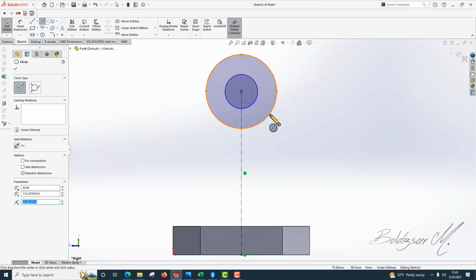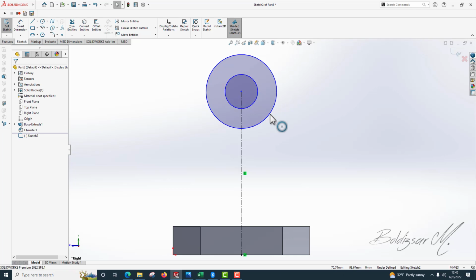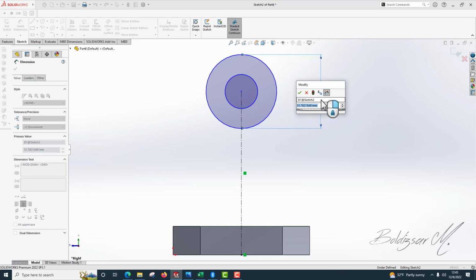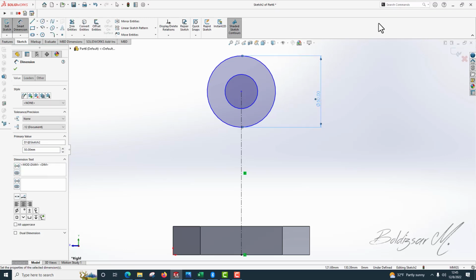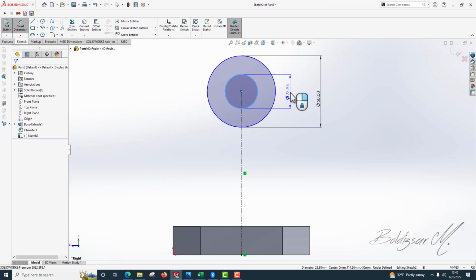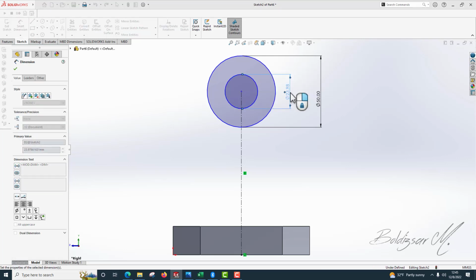This one is 50 as a diameter, and this one 20, just 20. Okay,